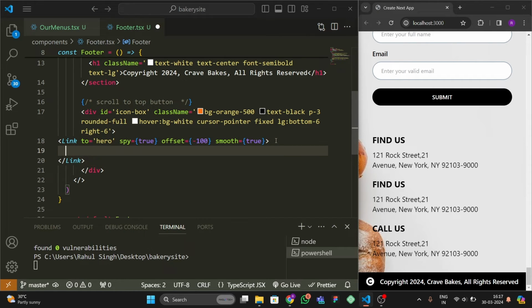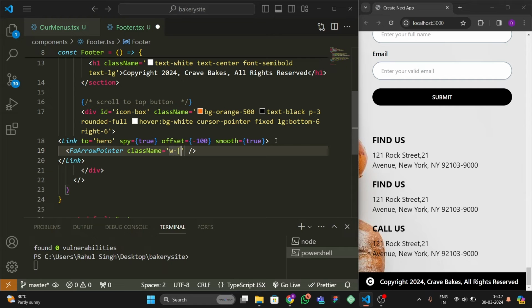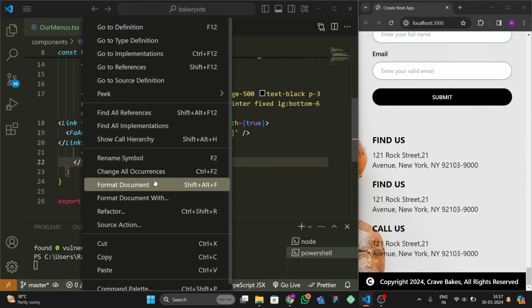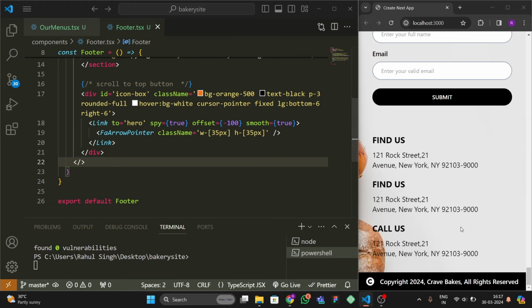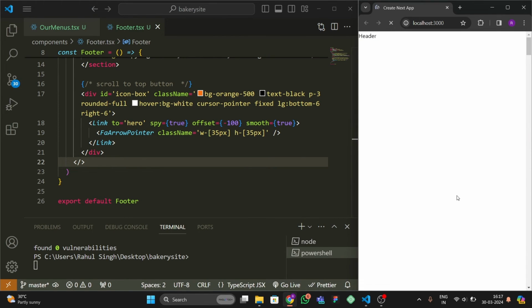Okay, so then after that here we're gonna add fa arrow pointer, and for this I'm gonna give the class name width 35 pixel custom, and height would be 35 pixel again. Okay, so let's format this, and let's refresh this one more time,